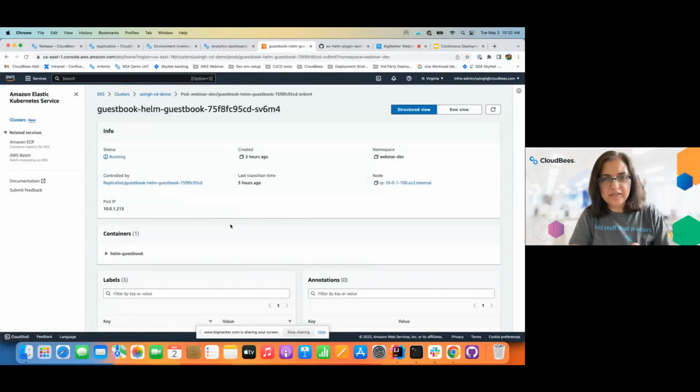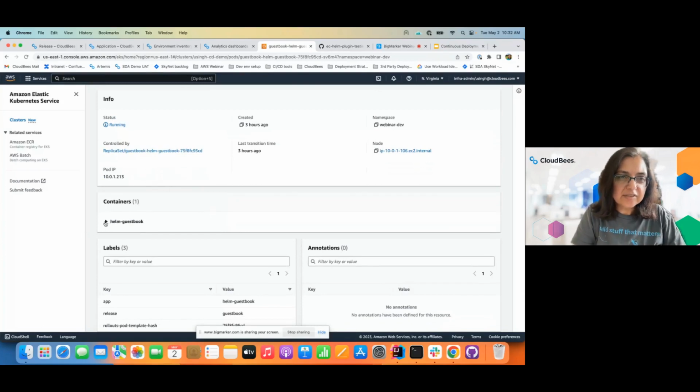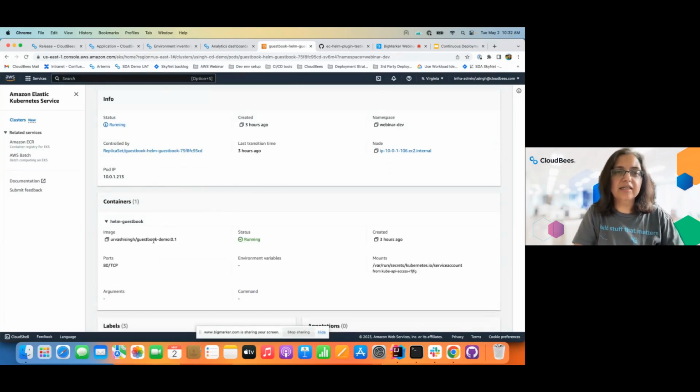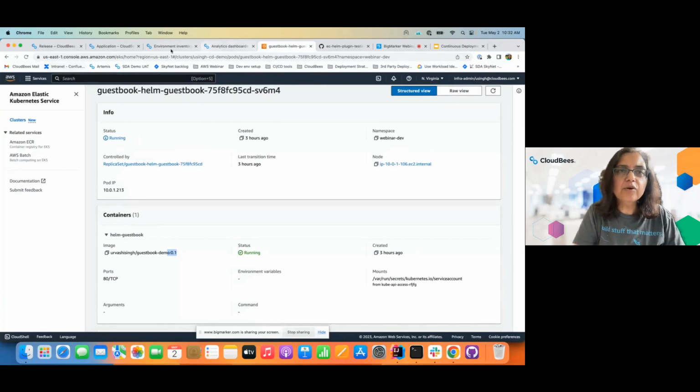And when we're doing the demo and releasing new versions of the service, we can go back here and see how this changes. So we have this simple microservice which has a single container, and right now it's running version 1 of our container image here. So now if we go back to